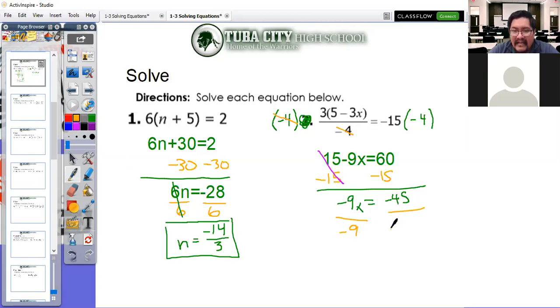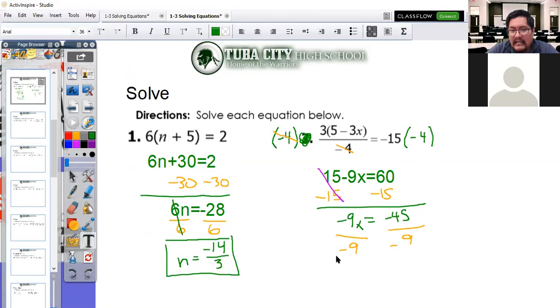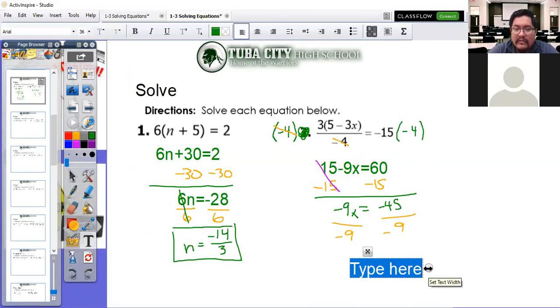To get rid of a negative number, you've got to get that negative out of there too, right? So you don't just divide by 9. We also have to divide by the negative because negative divided by negative is positive. And in this case, it looks like we will get a whole number, not a fraction. So 45 does divide by 9 easily, and we get